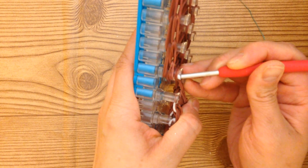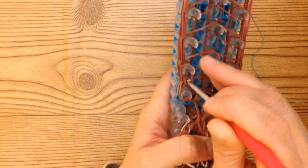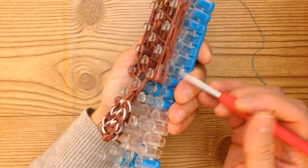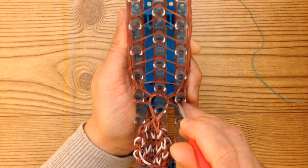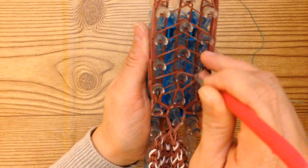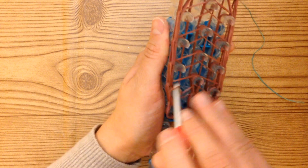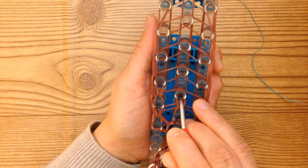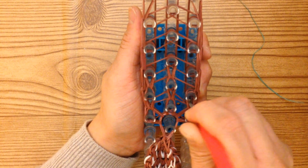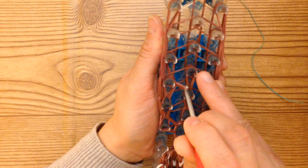So you're going to grab these 2 on the bottom and you're going to loop that forward. And then you're going to grab these 2 on the bottom here and loop this forward, then the middle and loop forward. So we looped these 3. Enter here again, grab in the bottom 2, loop forward, loop forward, and always pushing the triangle bands back as you enter each peg. So we looped 1, 2, 3, loop these,